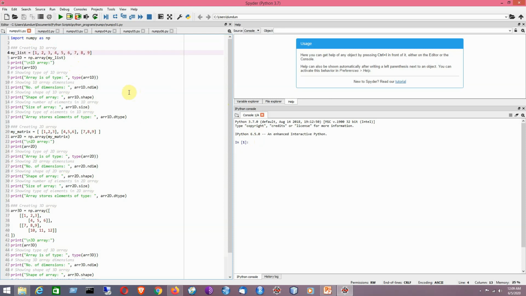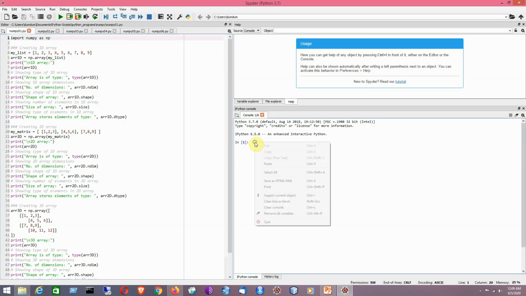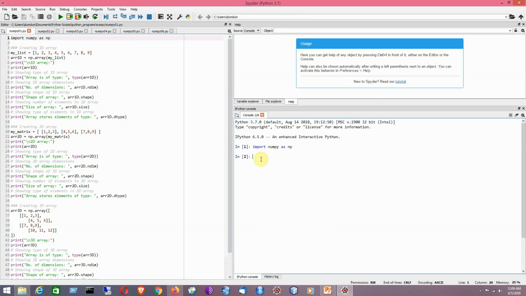That means it will become easier for you to comprehend what's going on and what operations are being performed. So now I'll be starting with the first line of code statement, that is the idea of importing the module NumPy. Okay, so I have imported this module here.